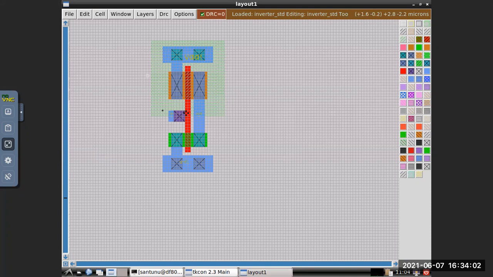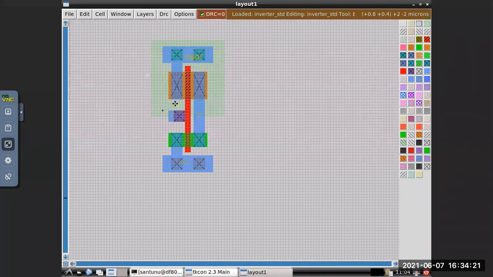From these to this, the interwire capacitance is coming. Then VDD to V out: this is VDD, this is V out, and this is also VDD. From this some interwire capacitance and from this some interwire capacitance, due to which you are getting some capacitance.